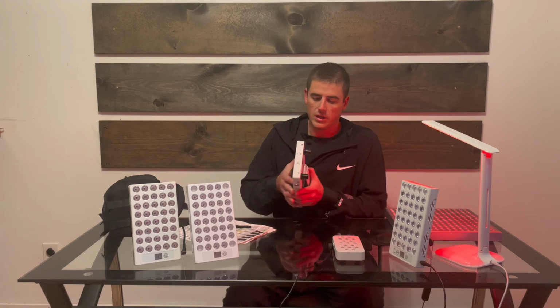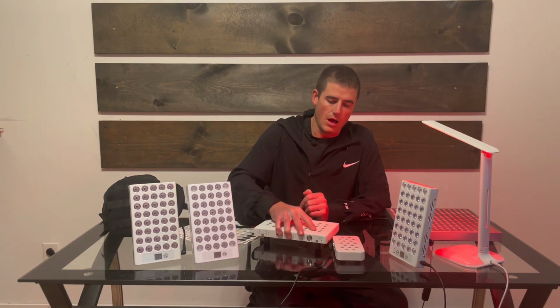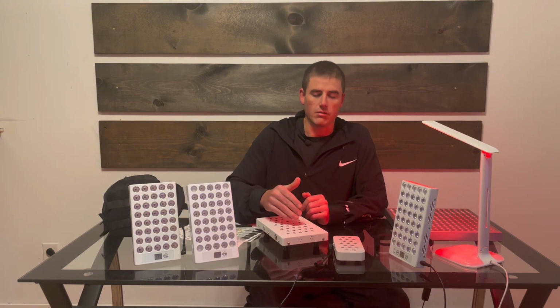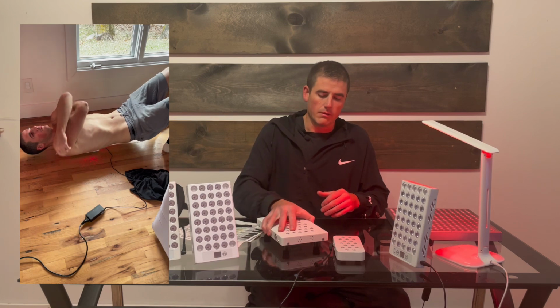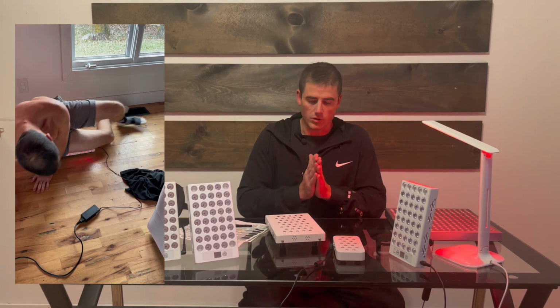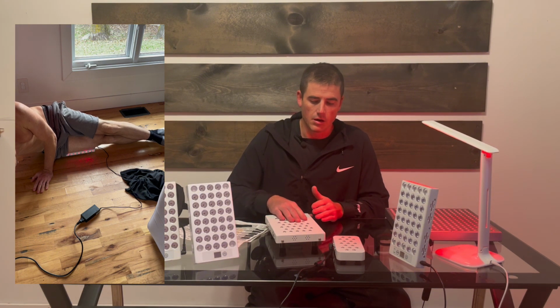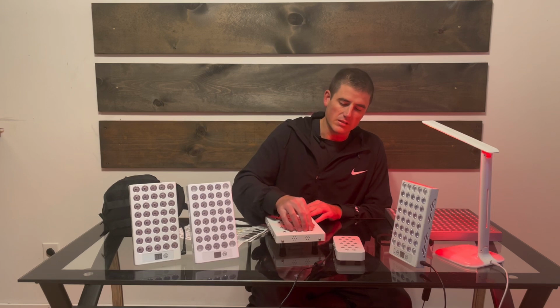It's really sturdy. It's got long feet on it, which are nice because I like to use this panel. I lay it on the ground and then I lay on it, kind of like a foam roller or something, where I put it on the ground and I'm laying and putting my full weight on it to get really good compression against the lights to get better penetration of the light, because the convex lens is pushed into the skin,